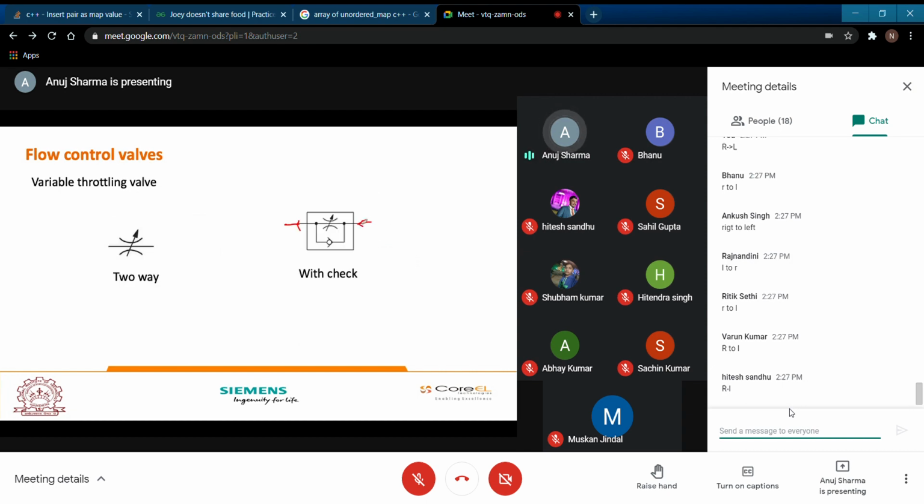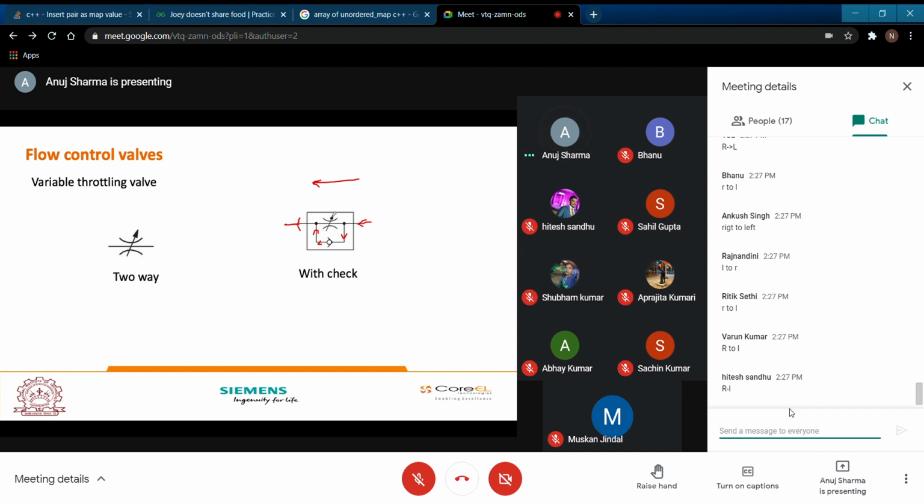When it is moving from right to left, just have a very focused view on this. This shuttle valve is going to allow the flow when it is moving from right to left. If it is allowed to flow freely from this path, why would it flow from a restricted path?